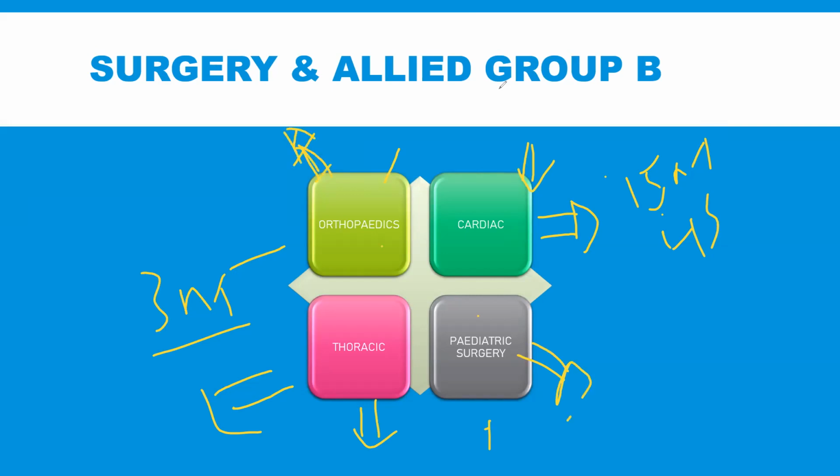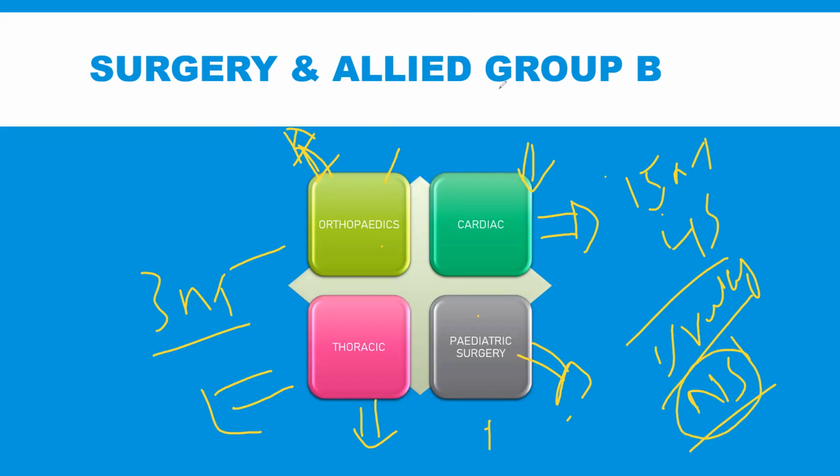So you must be very clear in selecting groups while you are applying for specialties. Let's suppose you are looking for urology, but the merit of urology is very high. In group A, you have a specialty which has low merit. Neurosurgery has a slightly low merit in Pakistan. So you can apply for neurosurgery. Once you are inducted, after 2 years of your initial training, you can go for urology. But if you apply in group B, you will not be able to go for urology because it is not in your group. So this is important.